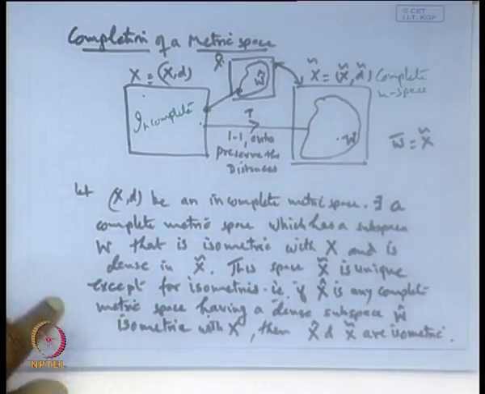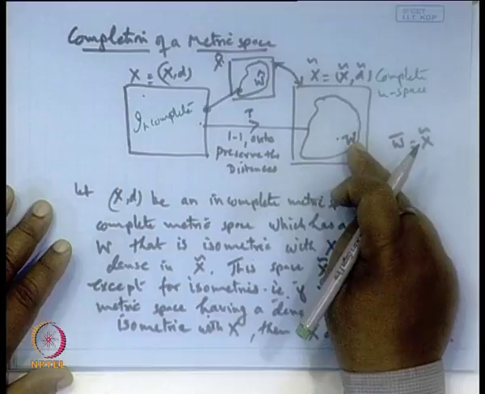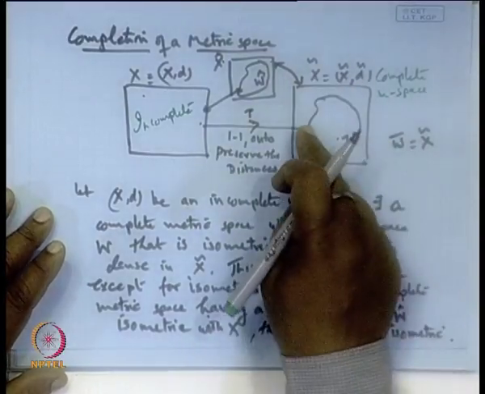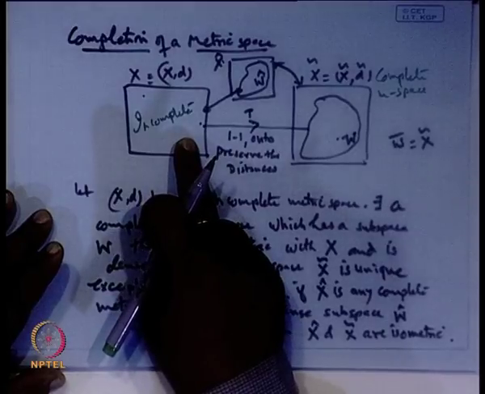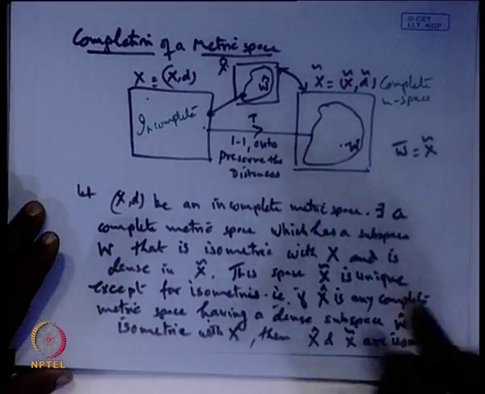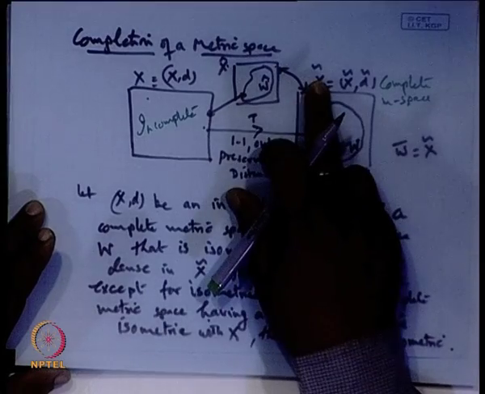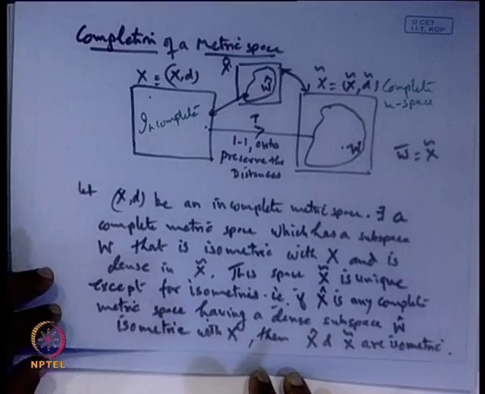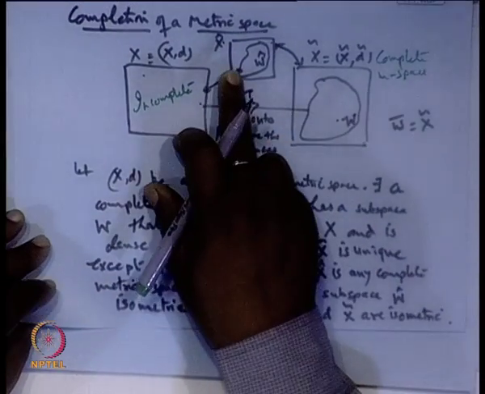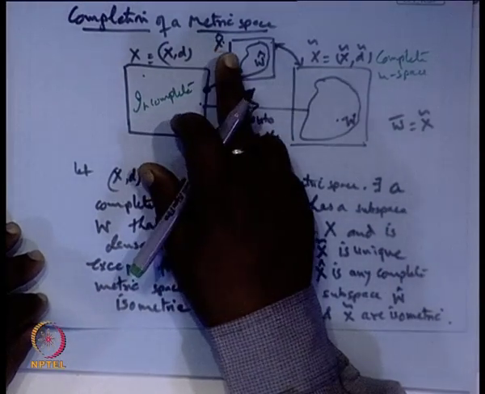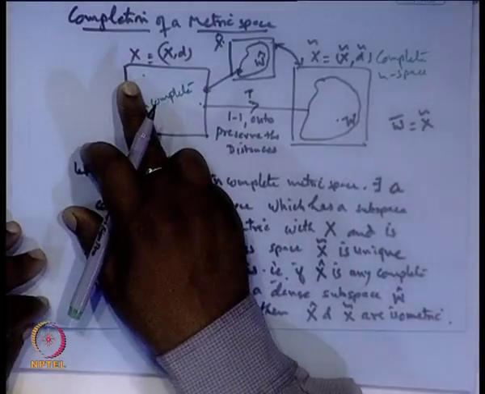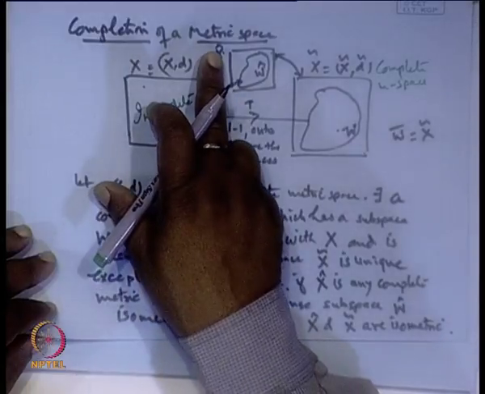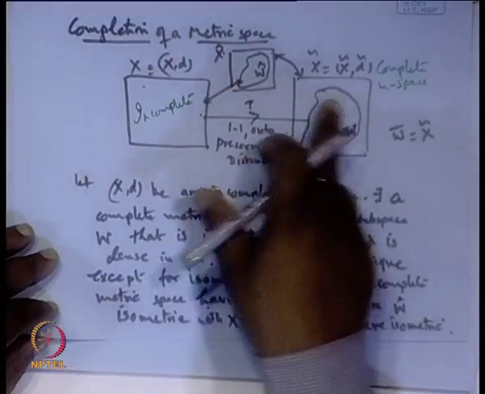In such a way that it has a subspace W, which is dense in it and isometric with X. And this space X delta which you get is unique except under isometry, that is, if there exists another complete metric space X hat corresponding to X, then this X hat and X delta must be isometric,